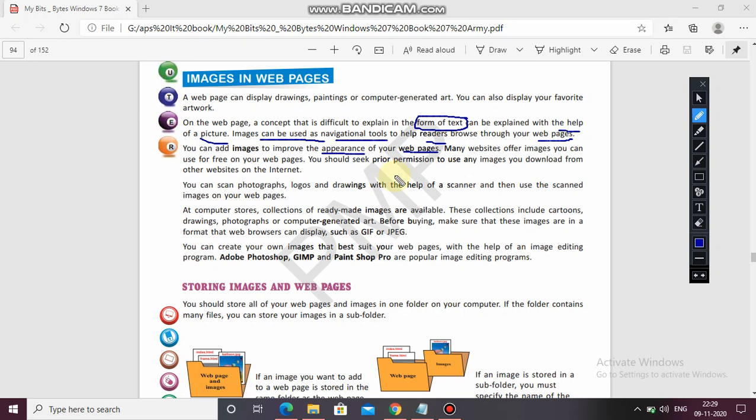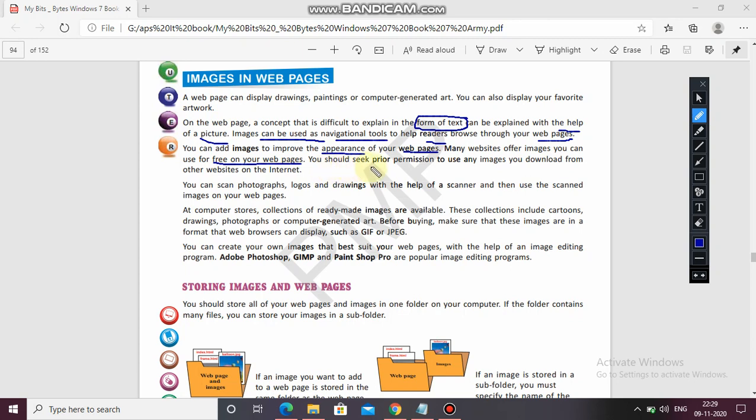Many websites offer images you can use for free, which you can download to your desktop and then save in your web page.